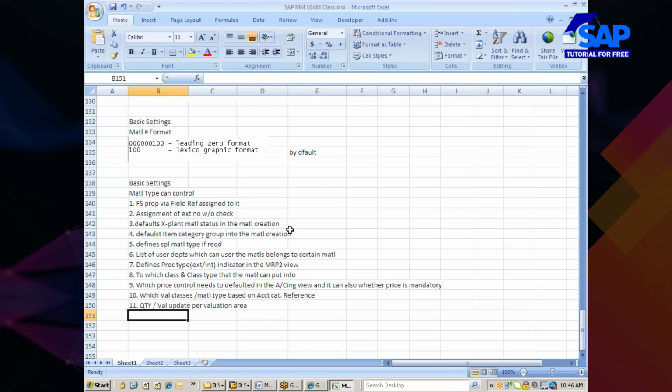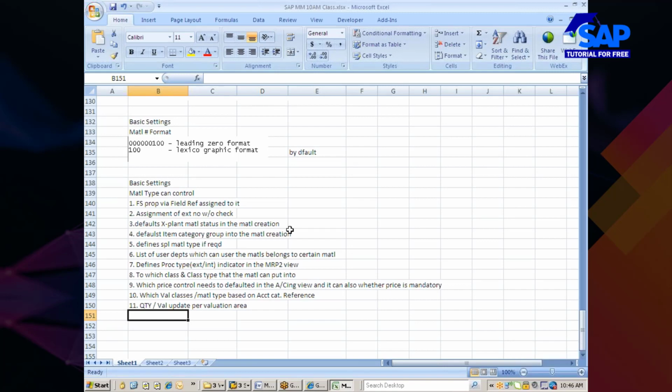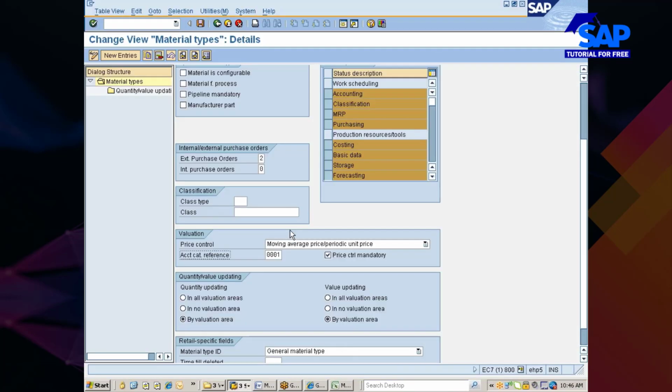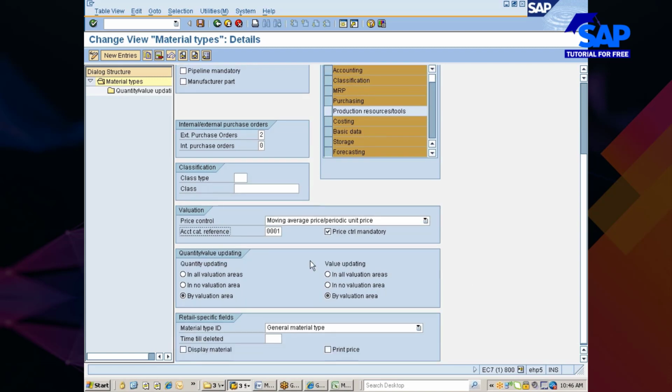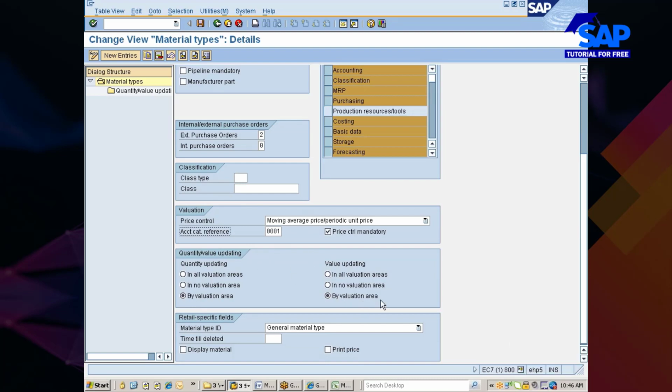So your material type can control quantity update to be done for a quantity of stock material, and value update to be done for a value material. That will also be controlled by your material type here. Now you see here, for this material, quantity update by valuation area, value update also by valuation area.